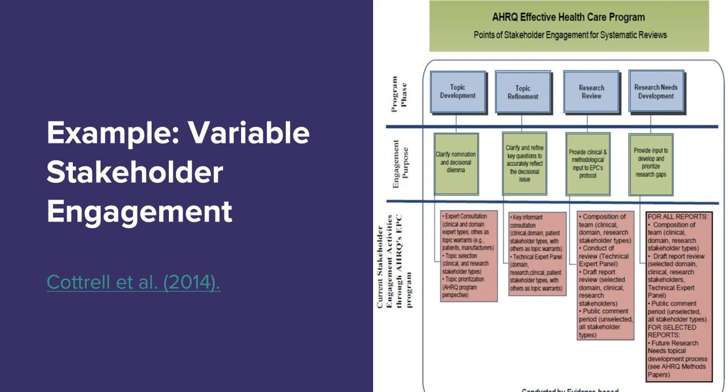Now you see that at the top, the blue, that's the program phase. So we have topic development, topic refinement, research review, research needs development. So these are 4 different stages. And the green is talking about the purpose of each stage. The kind of pink at the bottom, that is listing who are the stakeholders that are most imminent for that particular task. And one of the things I love about this graphic is that it makes it clear that while